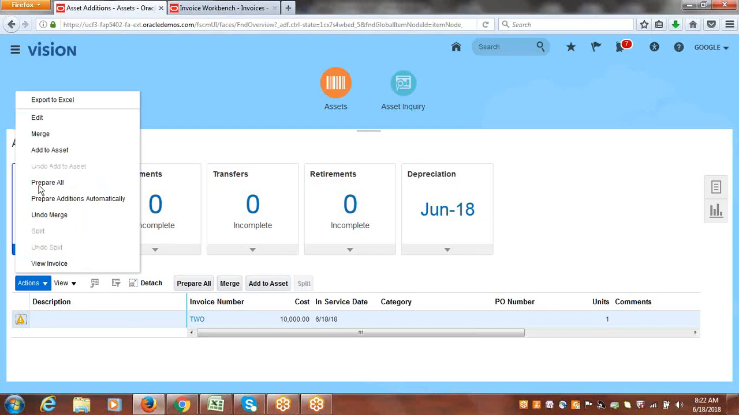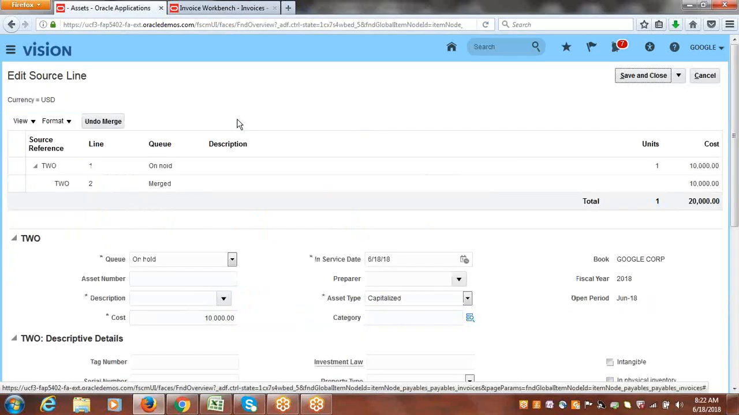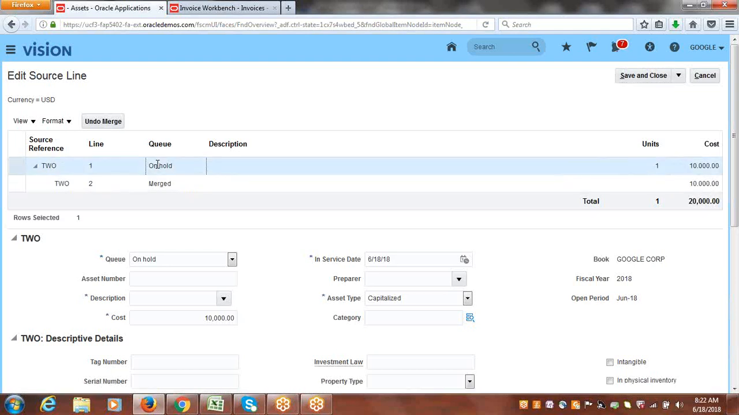Now select it. Go to actions. Click on edit. Here you can find the two lines. Okay, line 1, line 2. Line 1 status is on hold. The second one is merged. That means this line got merged with the first line. So we have to go with the on hold status line and change the queue status from on hold to post, so that we can prepare this line to create as asset. So description you can write, say billing 2,